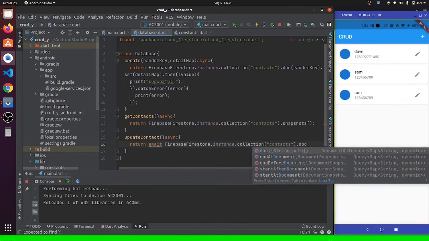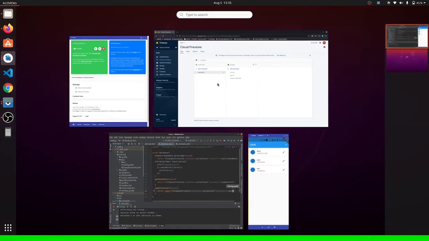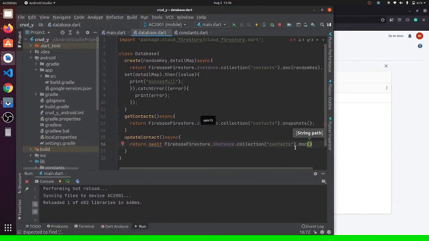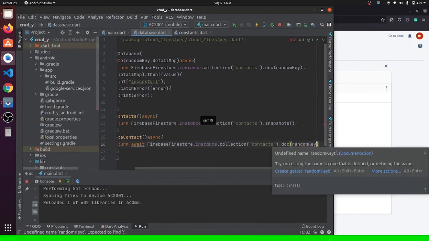What should be our document name? So there are collection of documents here, right? So there were 3 documents, and when we are going to update some documents, we just wanted to give this random key name. This is the random key, this is the key we are passing. So we also wanted to give this key to the database, so we want to keep this random key here, random key,